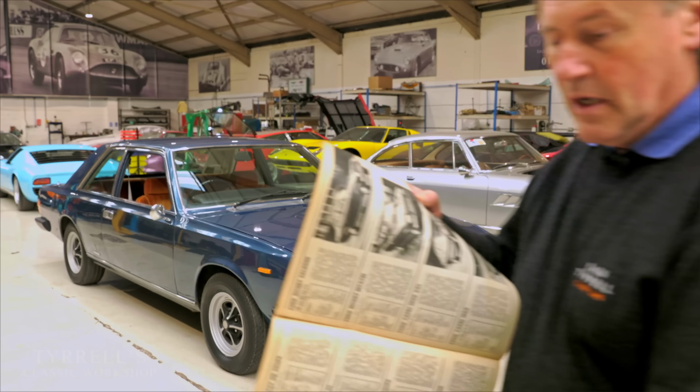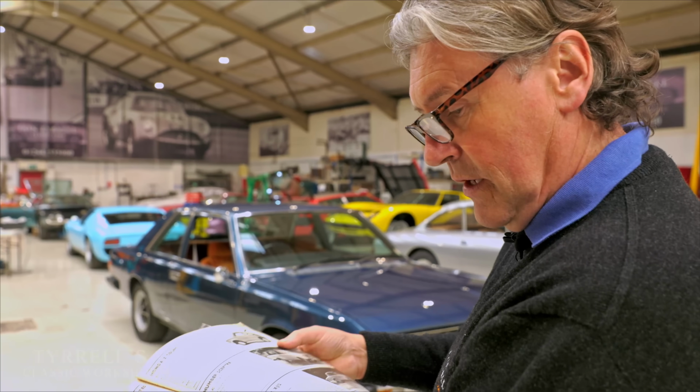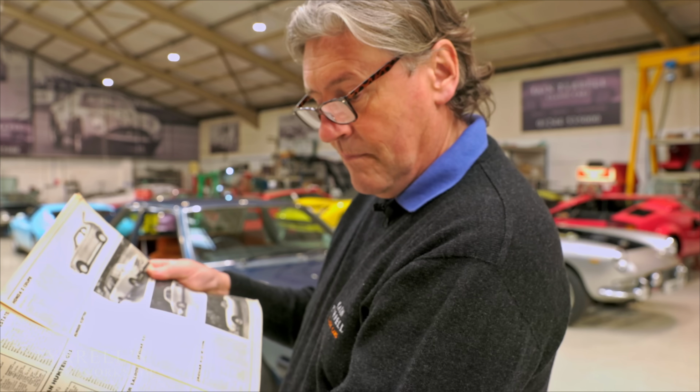Okay. Well, this is a motor show review from 1972, just about the time the 130 Coupe was launched. We'll start with this. We have a Jaguar XJ12, which we have to remember was one of the finest saloon cars or production cars in the world at that time. And assuming that the Lucas Prince of Darkness, as they were called, electrics, could actually stand the heat and not have to leave the kitchen or the engine compartment, this thing would do 140 miles an hour with a beautiful V12 engine. I mean, a very highly respected and credible car. And that car was £3,726